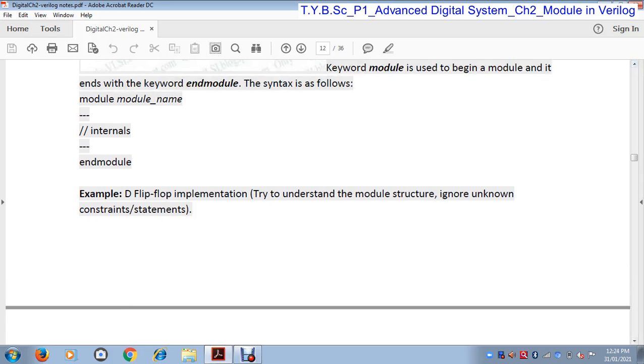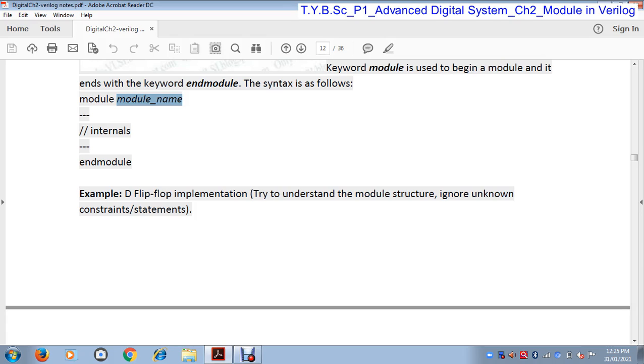Let's take some examples. The syntax is as follows: the keyword module, then the name of the functional body, and then the body. Inside this functional body you can define different types of variables, functions, and operations, and finally the program is ended with the keyword endmodule.